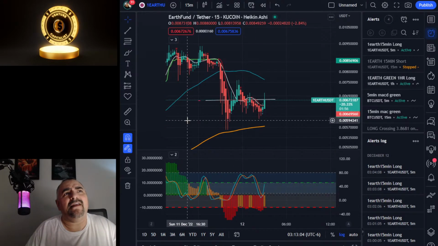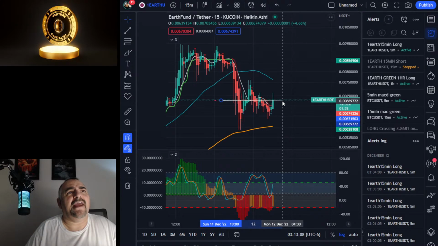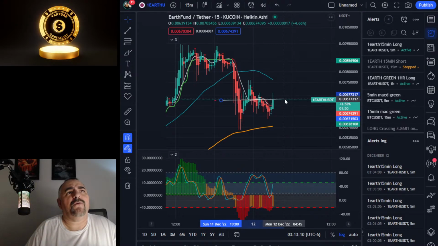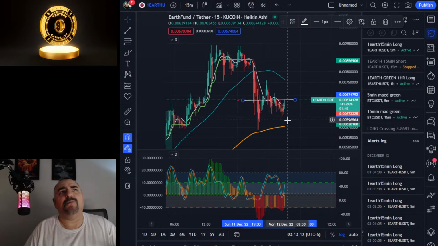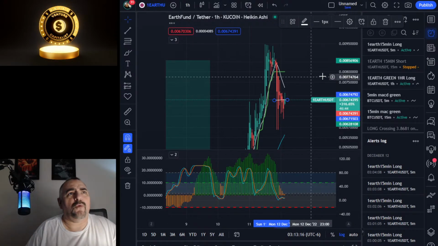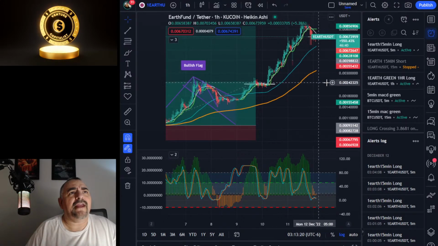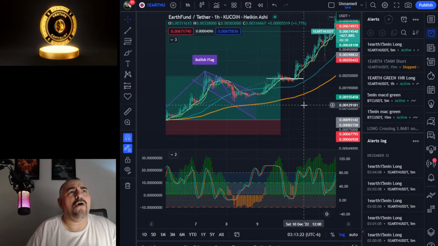I know we've made 8,000% on this coin over the last 3 days. But what I want to do here is show you what we're doing when it does what's called a pullback. Initially, we always enter trades based on the 1 hour. Now, if we take a look at our 1 hour, we can see that this trade was active on our